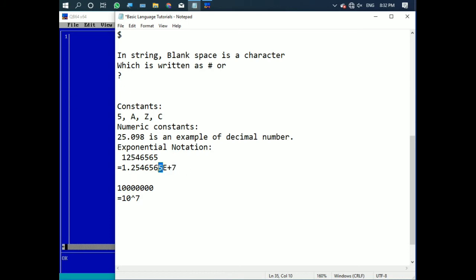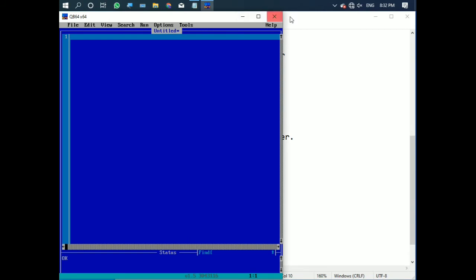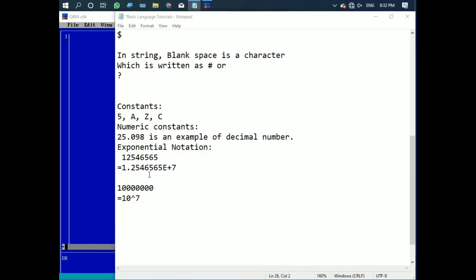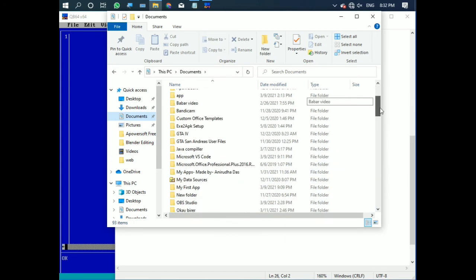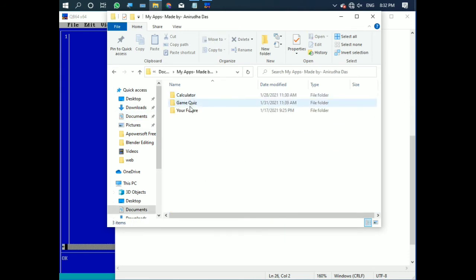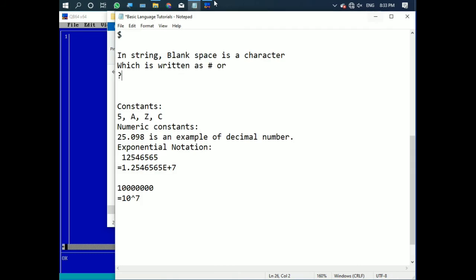E is a very interesting concept, but now we are not going to learn about it in depth; we are going to learn how the notation is written, so that we do not get confused. Suppose I am running my application, my calculator.